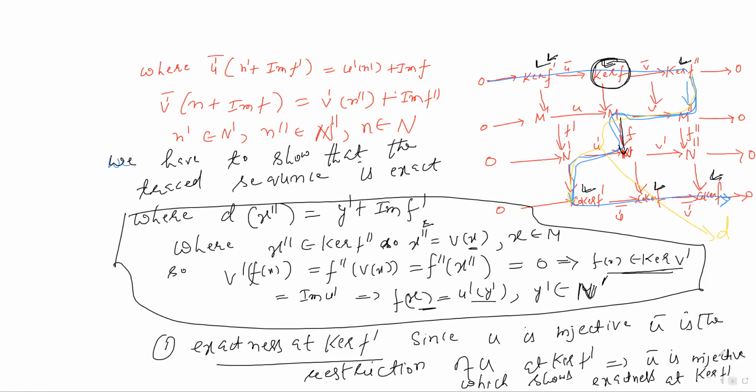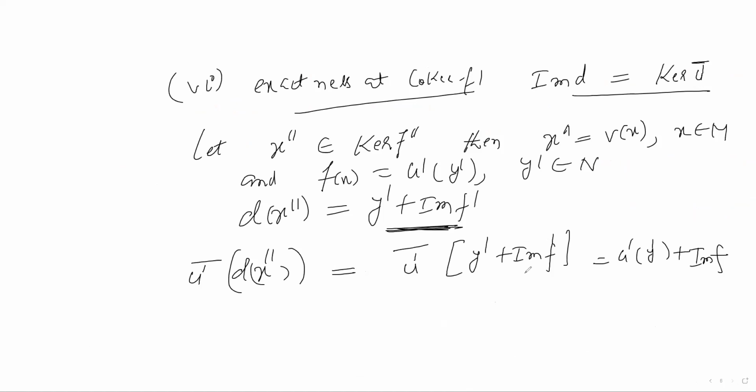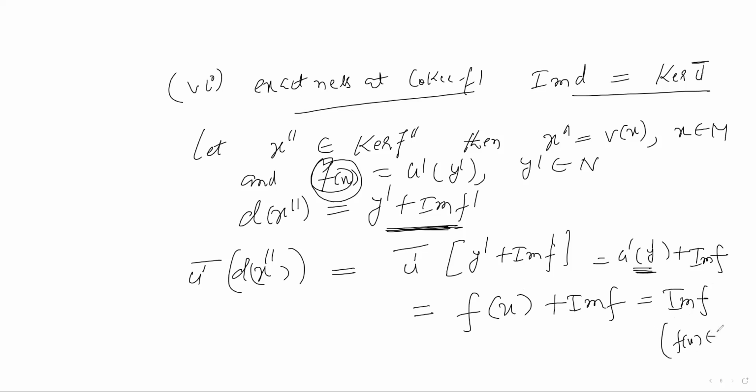So u dash y dash plus this image of f. ठीक है। और यू डैश एफ, अब इसकी हम वैल्यू सब्स्टिट्यूट करेंगे। यू डैश वाई डैश की वैल्यू बेसिकली आपकी एफ ऑफ एक्स है, तो इसकी मैं वैल्यू यहाँ लगाऊंगा। सो दिस इज एक्चुअली एफ ऑफ एक्स प्लस इमेज ऑफ एफ। ना एफ ऑफ एक्स प्लस इमेज ऑफ एफ, तो इमेज ऑफ एफ के बराबर आ जाएगा, है ना, क्योंकि एफ ऑफ एक्स बिलोंग करता है इमेज ऑफ एफ में। ना इमेज ऑफ एफ क्या है? इमेज ऑफ एफ इज नथिंग बट जीरो ऑफ को कर्नल ऑफ एफ।